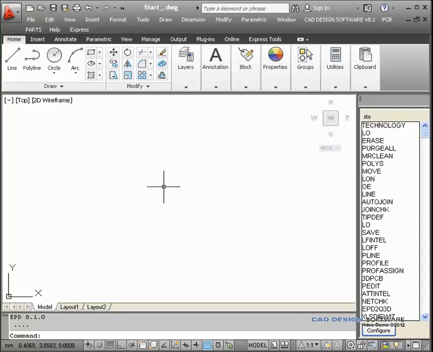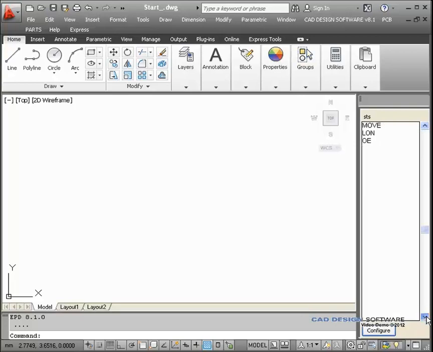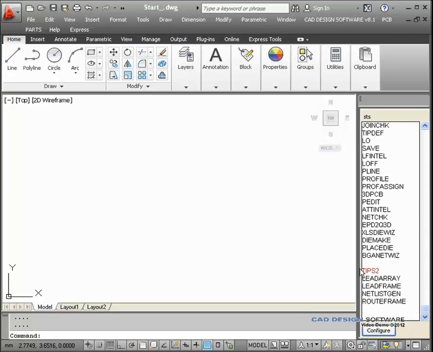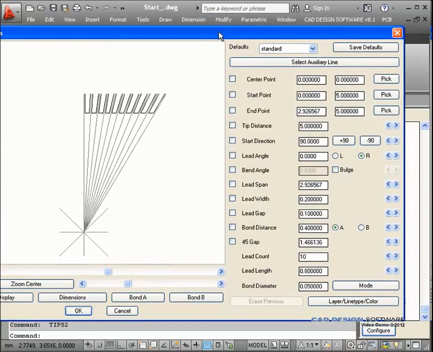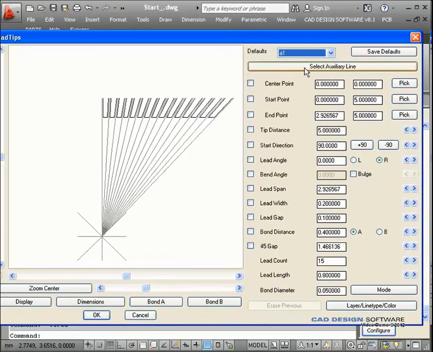This will demonstrate parametric design of lead frames in CAD Design Software. We'll start by running the tips2 command and set our default standards to the A1 style. Set our tip distance to 4.7,